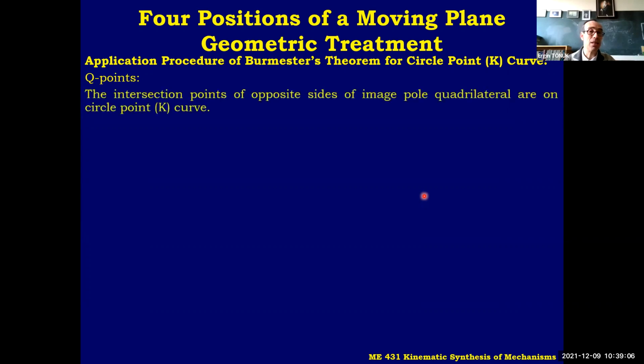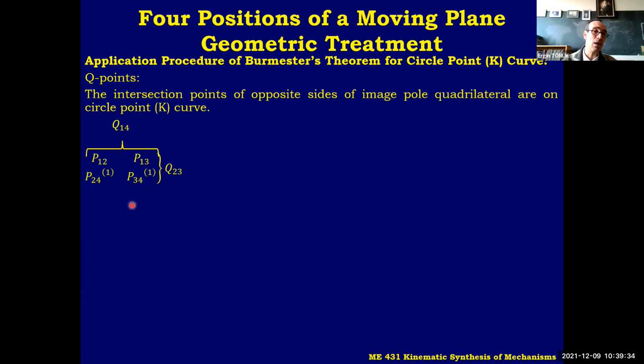So the intersection points of opposite sides of the image pole quadrilateral are points on a circle point curve. So you can try these points as well. For example, if you use this pole quadrilateral,